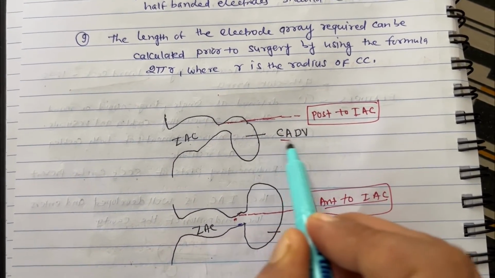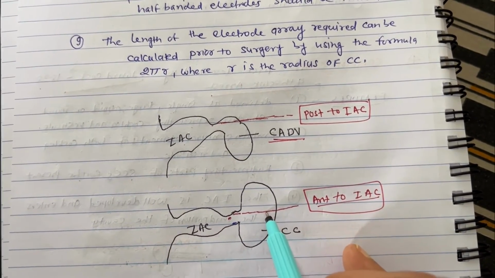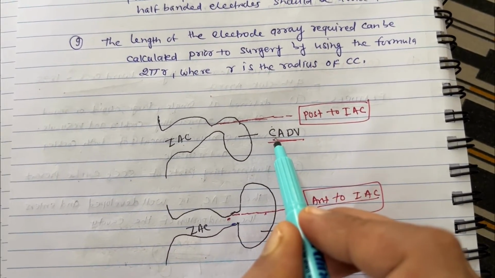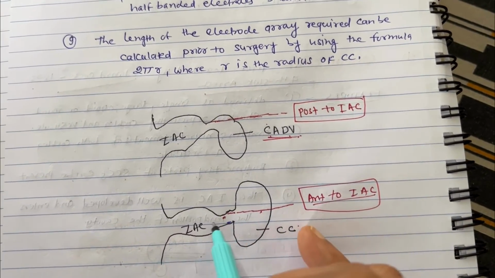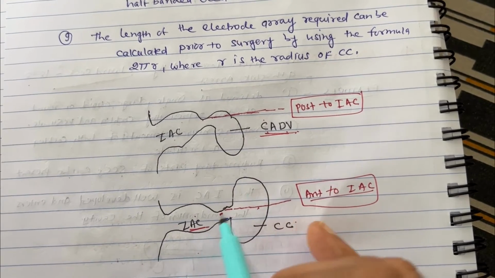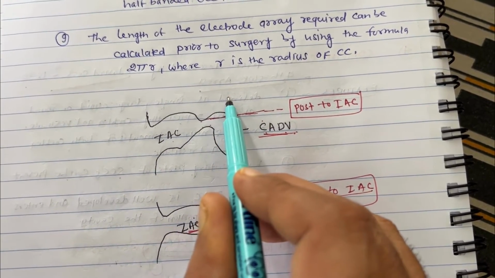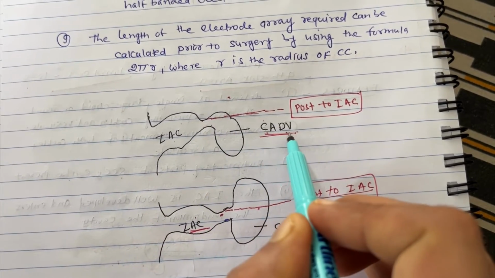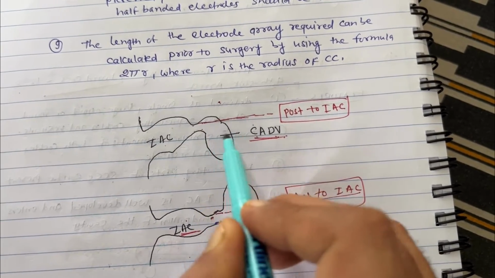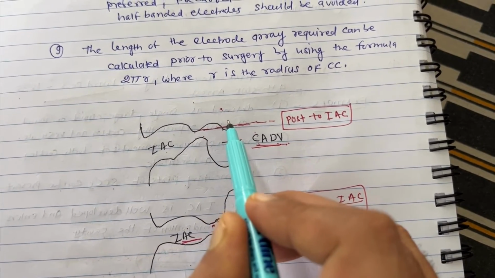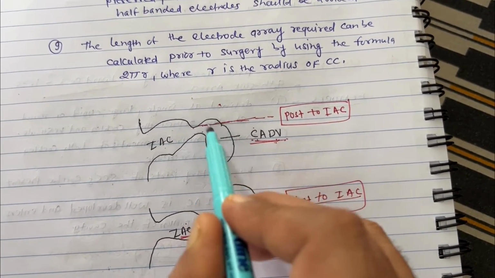Okay, so this is cochlear aplasia with dilated vestibule, and this is common cavity. You can differentiate between cochlear aplasia with dilated vestibule and common cavity by drawing a line through the internal auditory canal. There will be no anterior structure to it, so it is cochlear aplasia. There is no cochlea because cochlear structures are anterior to the internal auditory canal. So it is cochlear aplasia, where complete development of the cochlea is arrested.